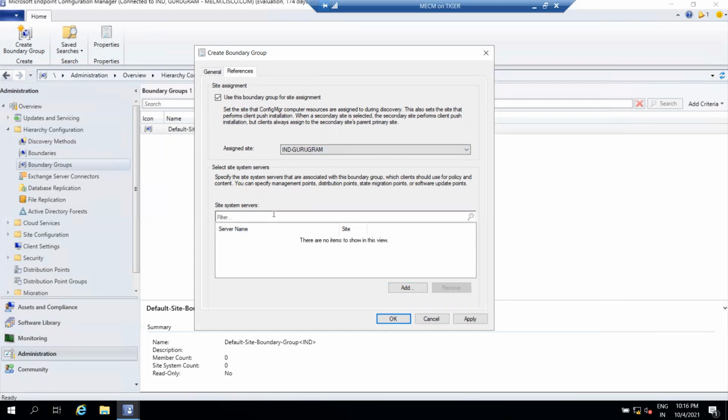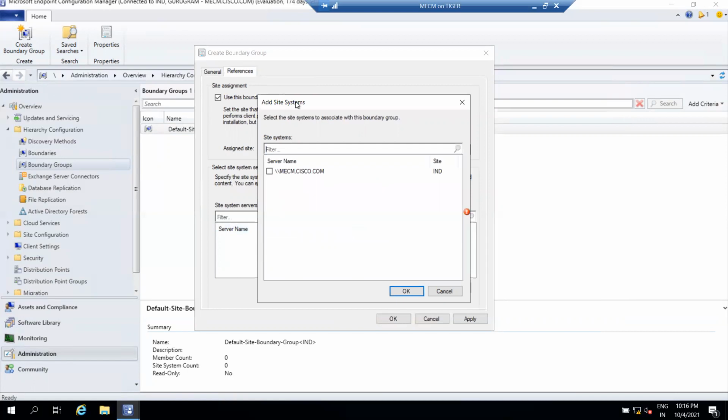This will be for content location, guys. If you haven't added any site system server, your client machine won't be able to get any content from a DP or any site system server, because it won't be able to get an MP, a DP, or a software update point. So click on add.